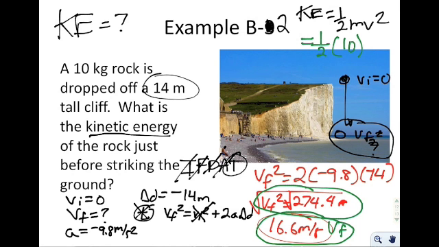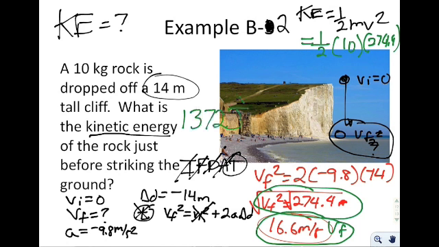So to get the most accurate answer, I actually want to take my final velocity squared term and put it in here because it's already squared. So you put in 274.4. Whenever you do that, you can now multiply it out. Remember, I've already squared the velocity, so I don't have to deal with it anymore. So I would just take that and multiply it by 10, and then divide by 2, and I get a kinetic energy of the rock just before it strikes the ground of